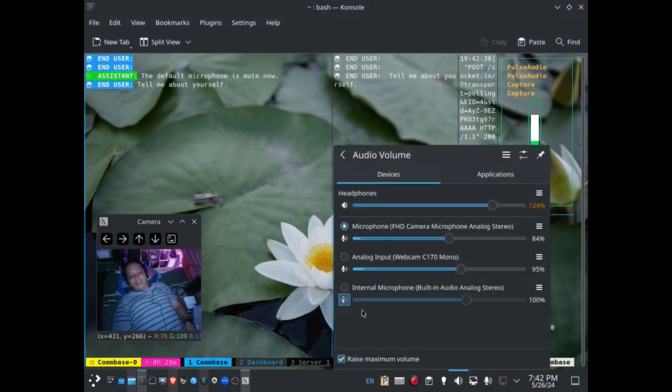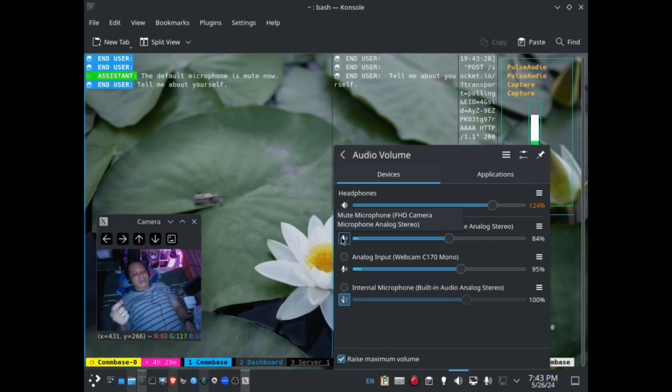If I'm touching this repeatedly, for example like this, and press, you will see that Combase is prepared for interactions between the operating system and the sound, so it starts recording only if it knows that the device is not busy.